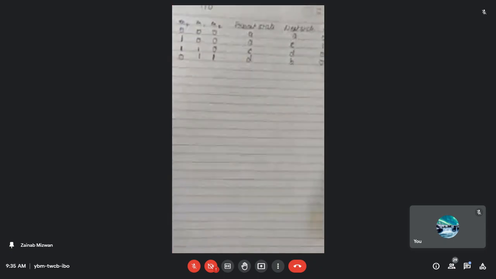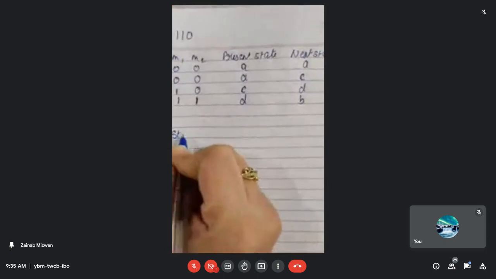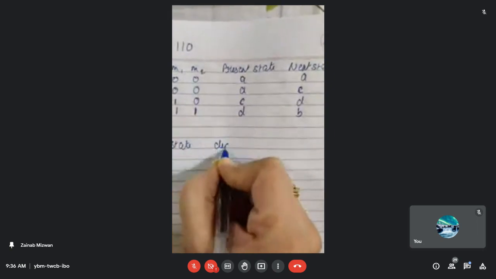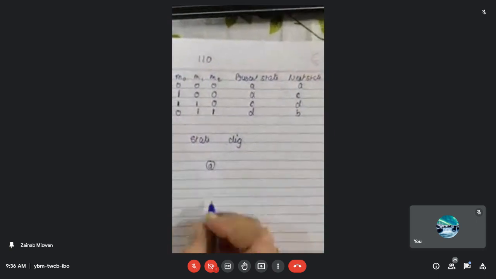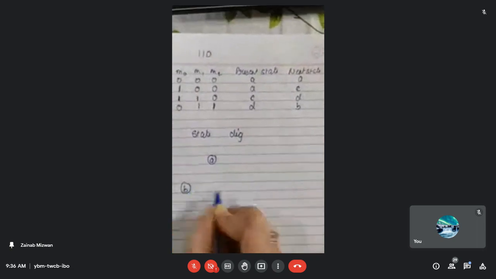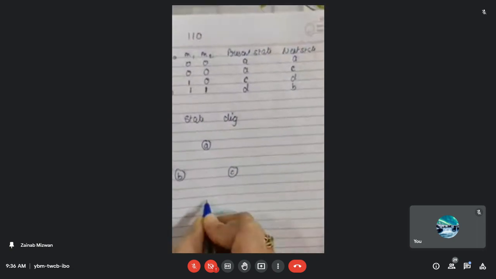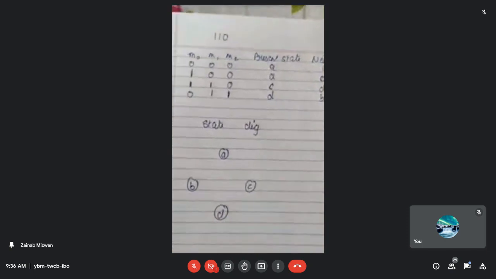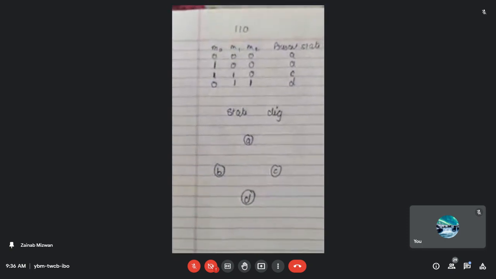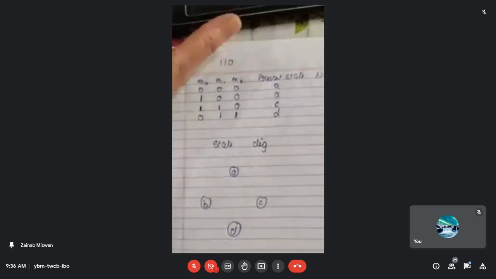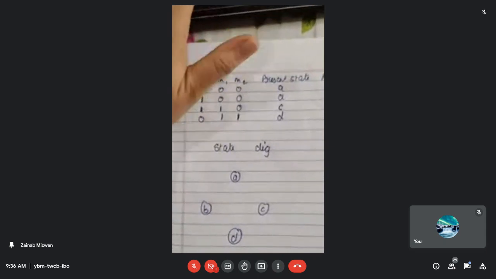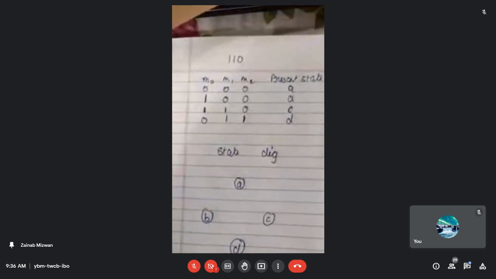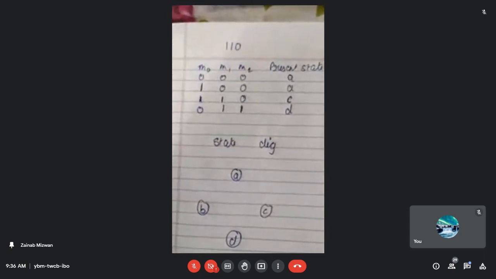So now we need to draw the state diagram. Depending upon this, I am going to draw the state diagram. First of all, I am simply going to write state A, state B, state C, and state D. Now, there are a few things we need to keep in mind when we talk about state A, state B and state C. So when we start with the tree diagram, sorry, we will start with the state diagram.